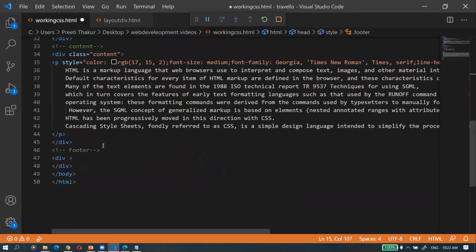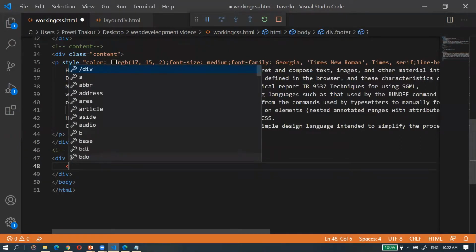Now I will use this footer class here in this div tag. So class is equal to footer, and let's give a footer.